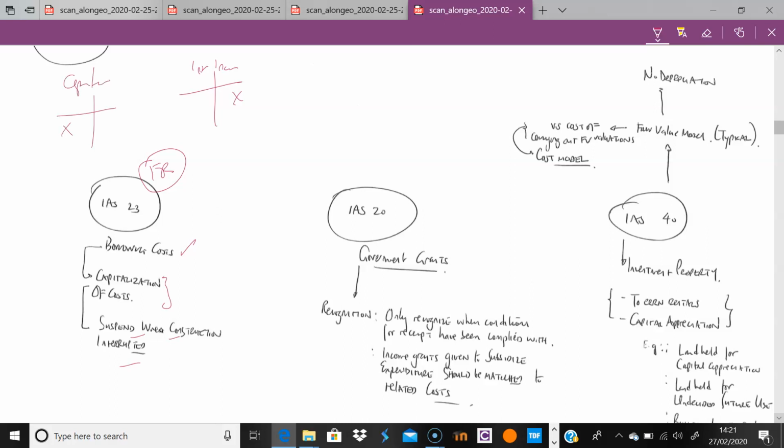So no, you can't do that. You have to recognize or match any interest income gained in the period of the capitalization against the capitalized cost. So when I say have your cake and eat it, you can't make income and also defer your costs as well. So that's the key thing.